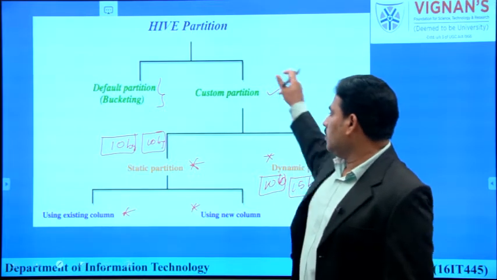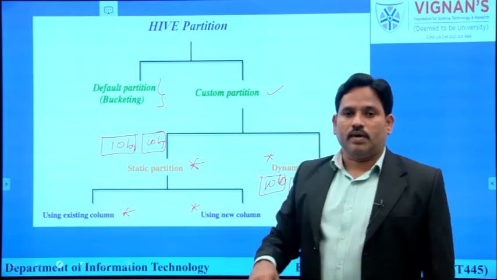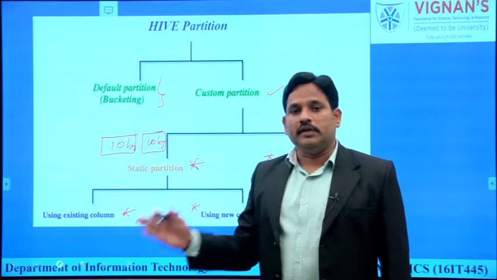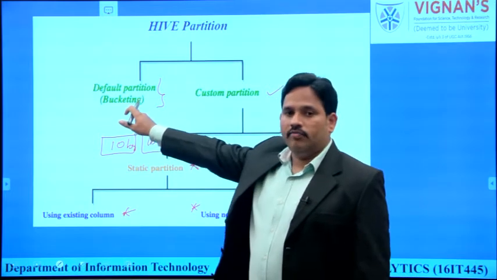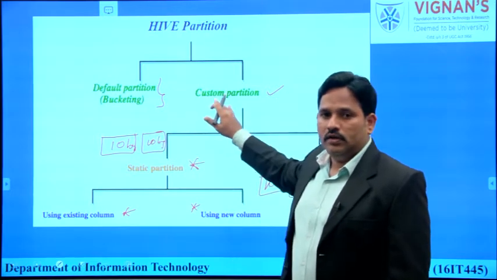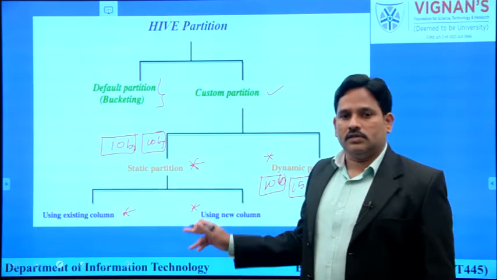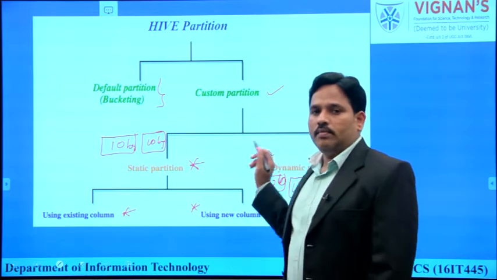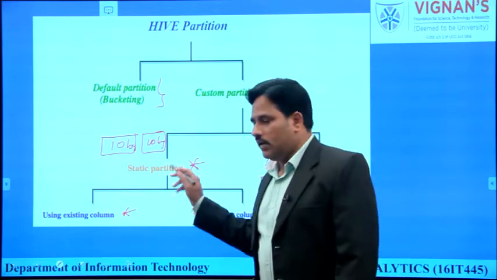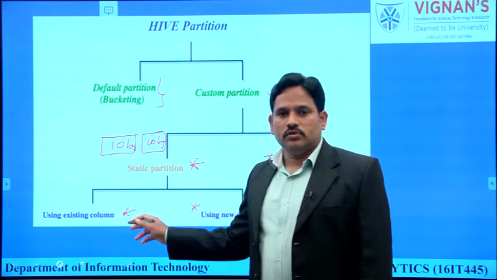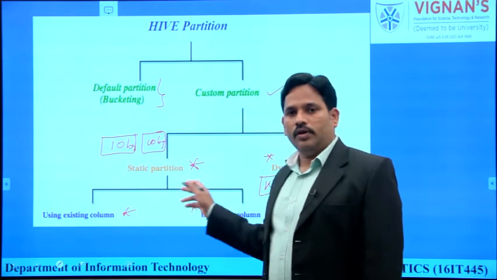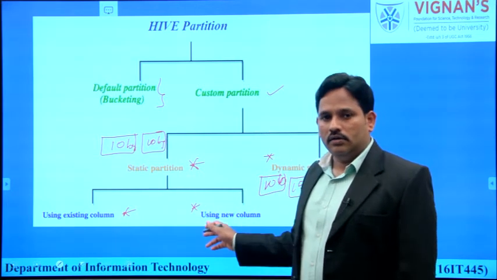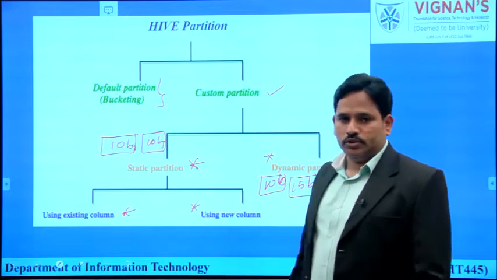These are the various types of partitioning of the data from tables. We can go for a default partitioning or we can go for custom partitioning. Under custom partitioning, you can choose static partitioning or dynamic partitioning. Under static partitioning, we can either choose using an existing column or go with the using new column option.